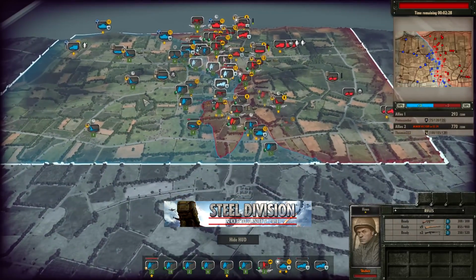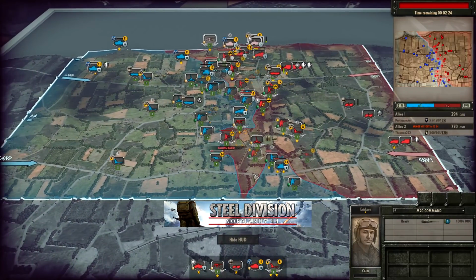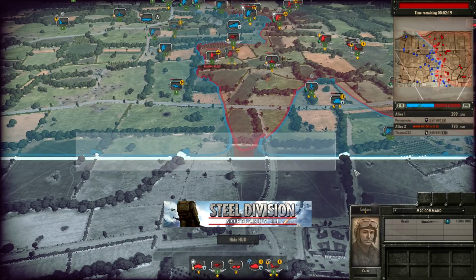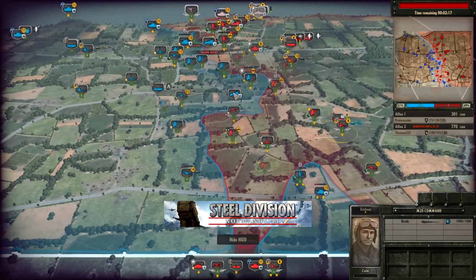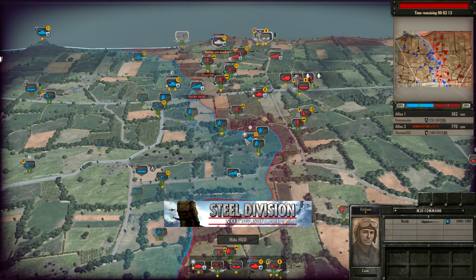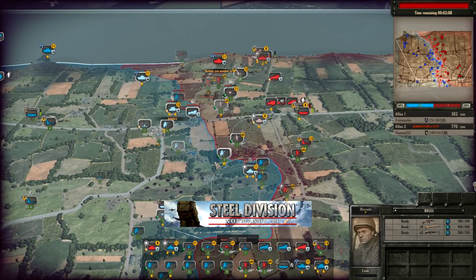Now, the great thing about pushing on the bottom or the top side of the map in any game of Steel Division is that you know that there's nothing, like, you have extremities, you have the edge of the map that you can play around. Whereas if you push in the mid, you can be attacked from the top side, you can be attacked from the bottom side and the front of your forces, and that can really make it difficult to succeed in those